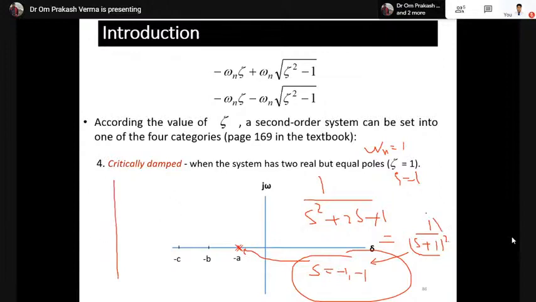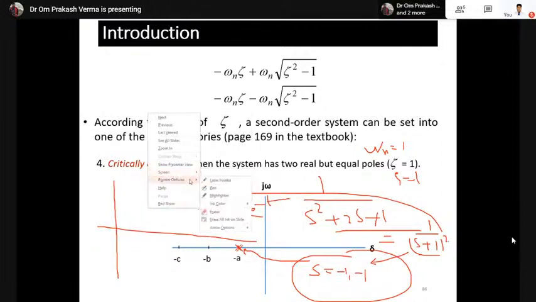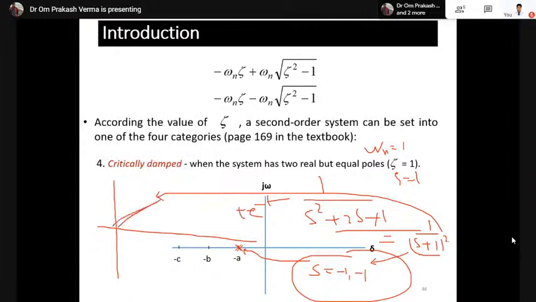And when you plot this in the time domain, by finding the inverse Laplace, you get t e to the power minus t. When you plot this, the t is linear like this, okay. And then when you draw this e to the power minus t, it decreases like this. Ultimately this will diminish, at infinite time, t equals infinity, it will go to zero. So this is the case for the critically damped.